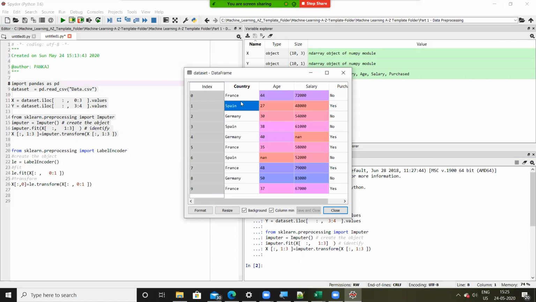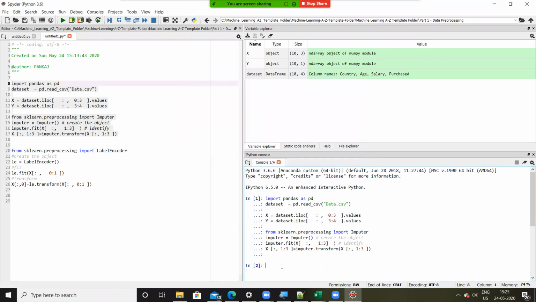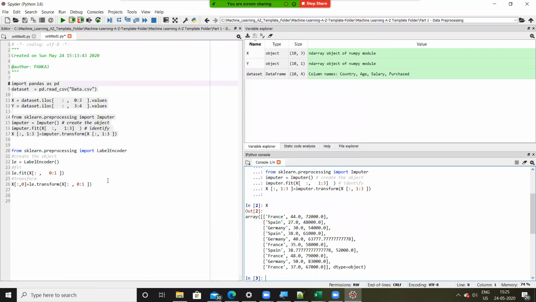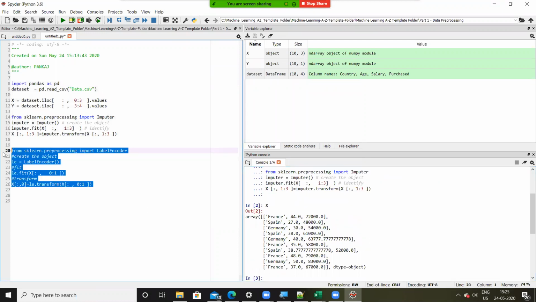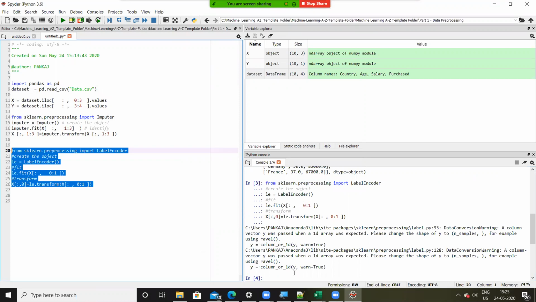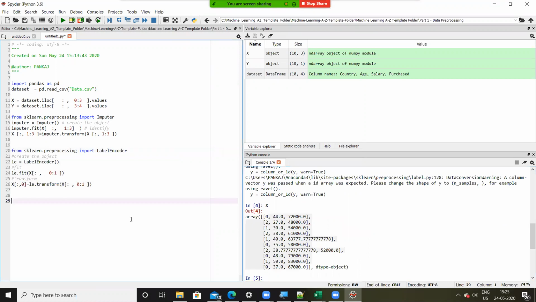And remember, whenever we are doing data preprocessing, we should not change the meaning. We can change the representation, but we should not change the meaning of the data. In this case, when we are doing label encoding, we are not only changing the representation, but also the meaning is getting changed. That's the reason we have to use one-hot encoding here. Run my program till this point. Select, Control Enter, variable X. Done. Now we'll do one-hot encoding.